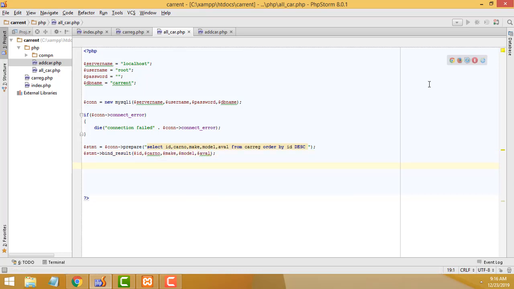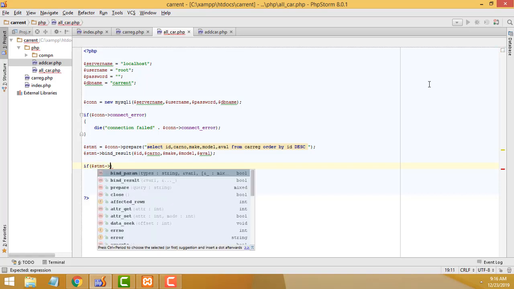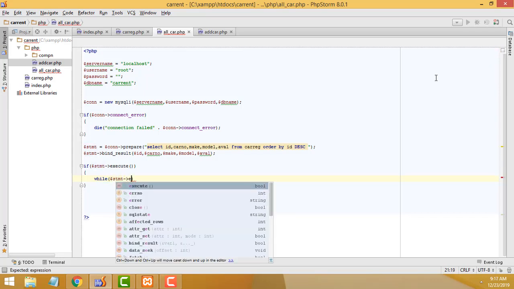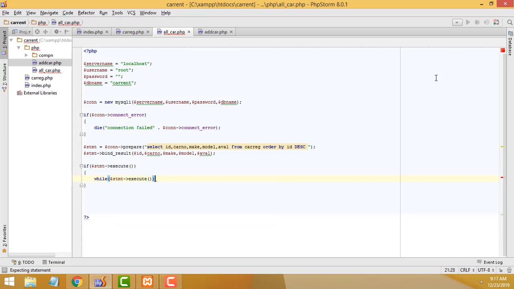After that, what I am going to do, you have to write if statement execute. You have to write execute. You have to write here while loop. Inside the while loop, you have to write statement execute. You have to write output, you have to write output array,